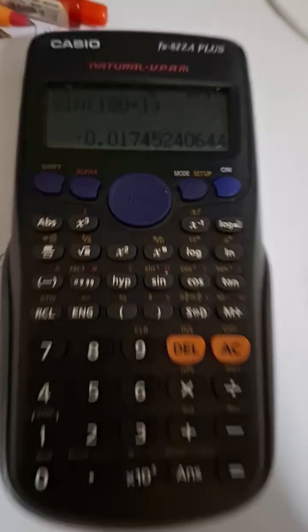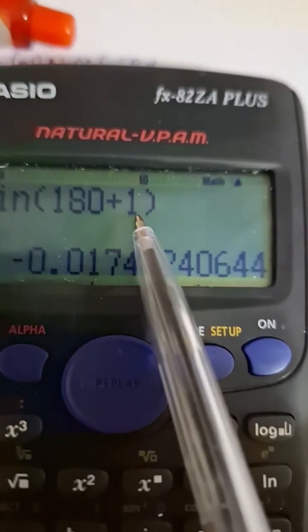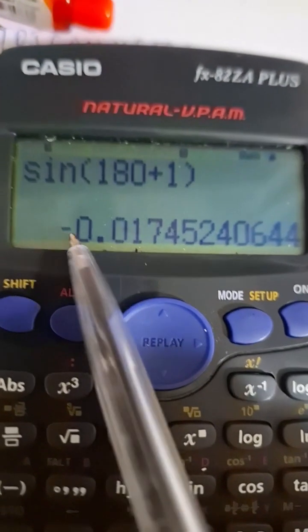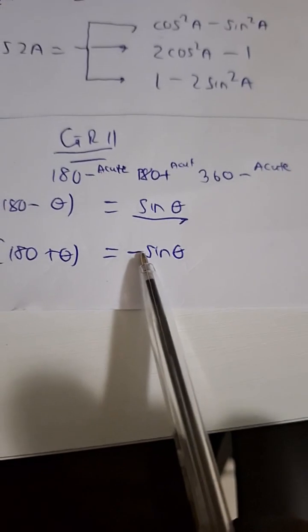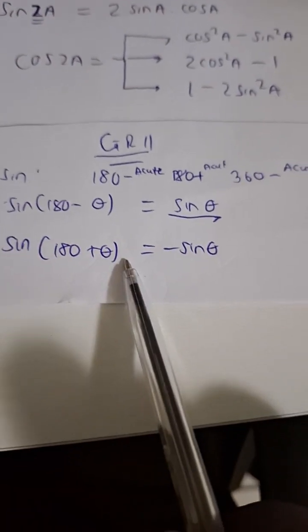So if you want to avoid thinking about the Cartesian plane, because sometimes you mess up the sign, all you need to do is, in the place of theta, substitute a random angle like 1, and then you just say equal and check the sign of that particular value. It gives you something negative, and all you do then is write negative sine of theta. Okay,